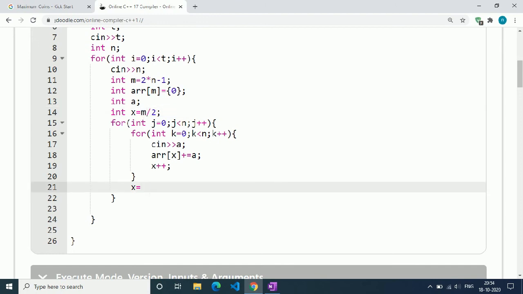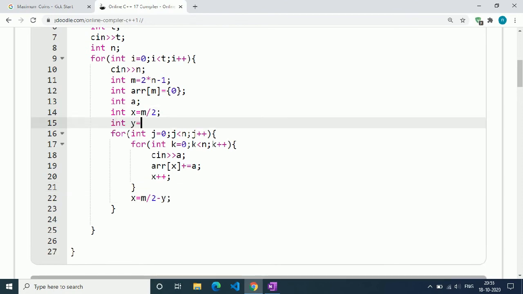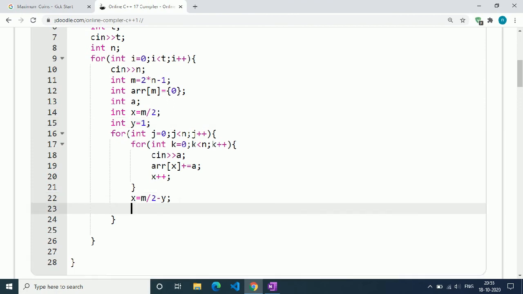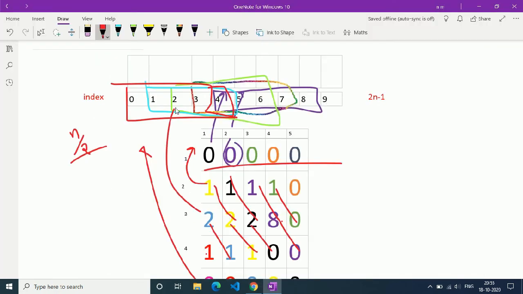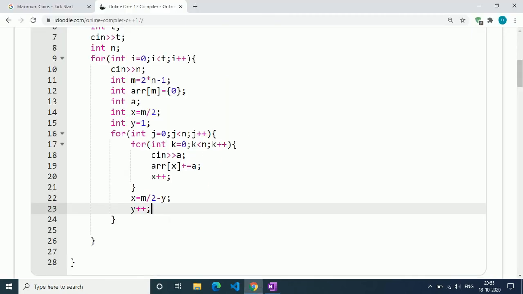For the second for loop, the main for loop, we have to go to the next row, so we have to change our index. So the index is m divided by 2 minus y. It's simply like we are going here from 3, we are going to start with 2, like that.